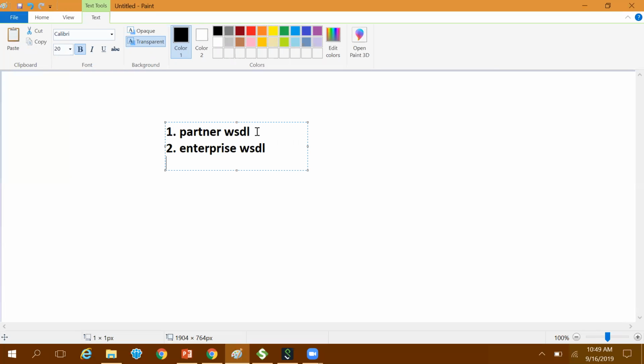There are other visuals like the Apex visual, what we call the tooling API visual, and the metadata visual. There are other visuals as well, but mostly the Apex visual is based on the metadata visual. So when you use,